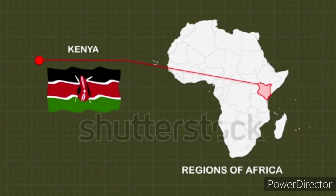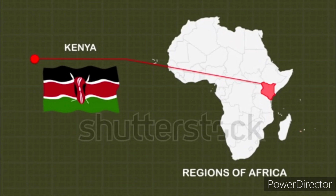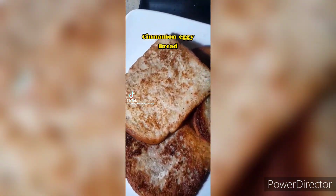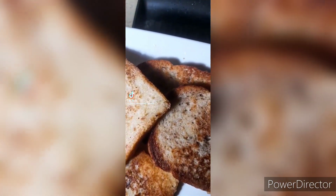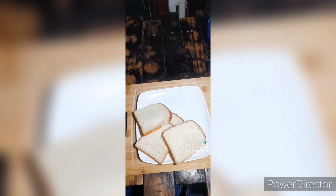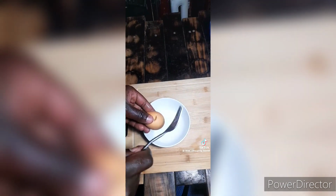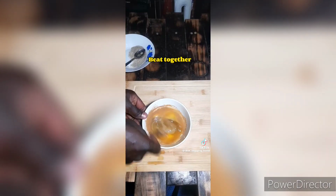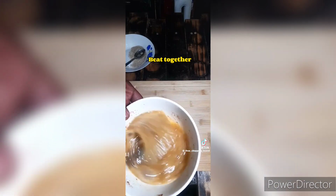Our adventure takes us to the vibrant and colorful kitchens of Kenya. Kenyan egg bread, locally known as Mkate wa Mayai, is a delightful and savory fusion of flavors that holds a special place in the hearts of Kenyans. This popular street food captures the essence of comfort and simplicity, featuring slices of soft, pillowy bread soaked in a